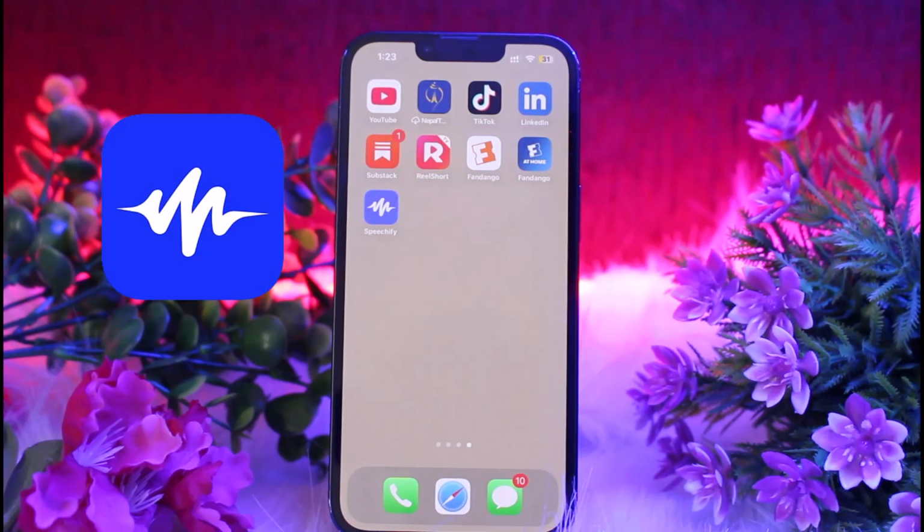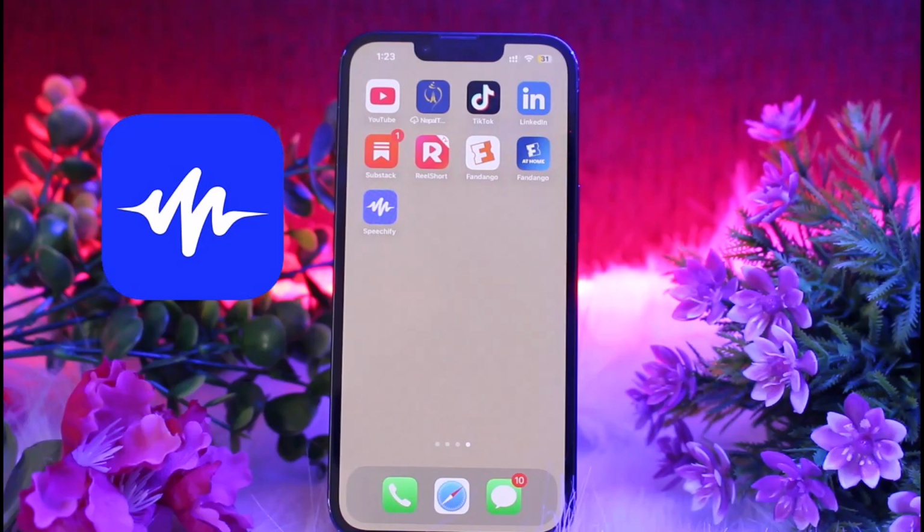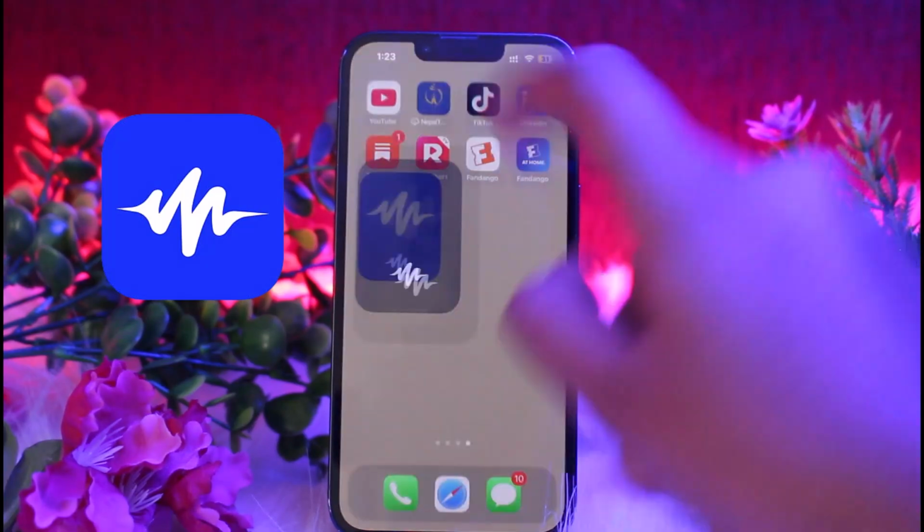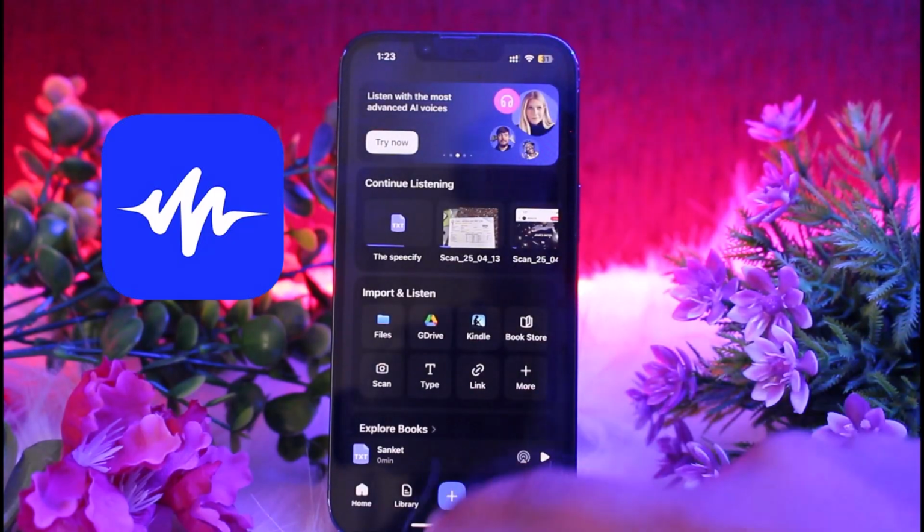So let's get started. The first basic thing which you need to do is make sure that you have installed the Speechify app. If you have not installed the Speechify app, you may simply install it from App Store or Play Store on a device. After that, simply open the Speechify app, and from here you just need to click on the option of plus icon,